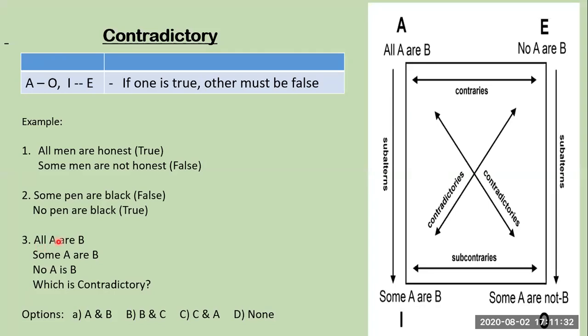Then we'll see all and no. So even this is not opposite. It's contrary. So we'll try to match. So all means it should be some not. So some not option is not there. And again some and third option is no. So some and no. So this is opposite. Some and no. So your answer should be B and C. You can see an option here, B and C. So just remember, contradictory means opposite to each other.